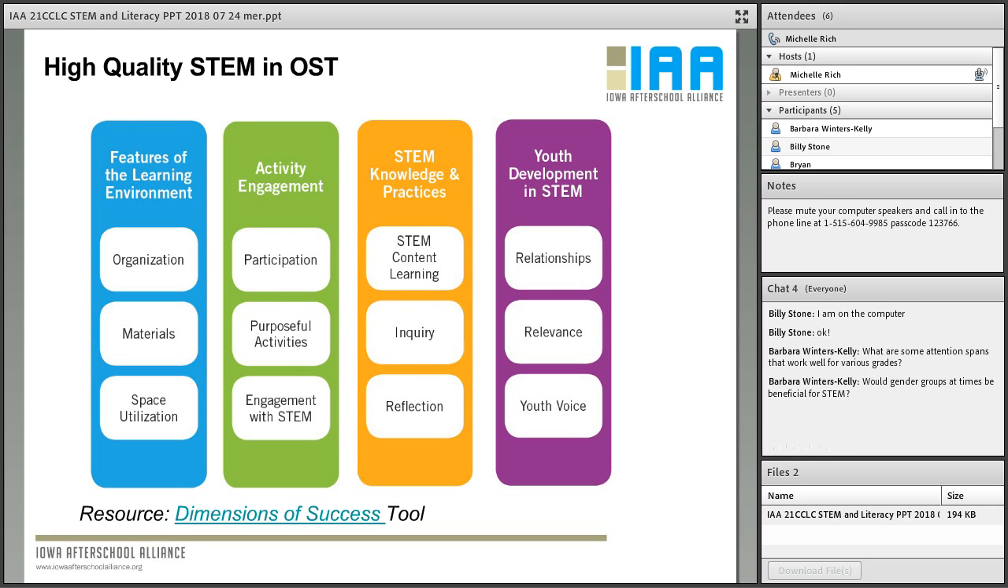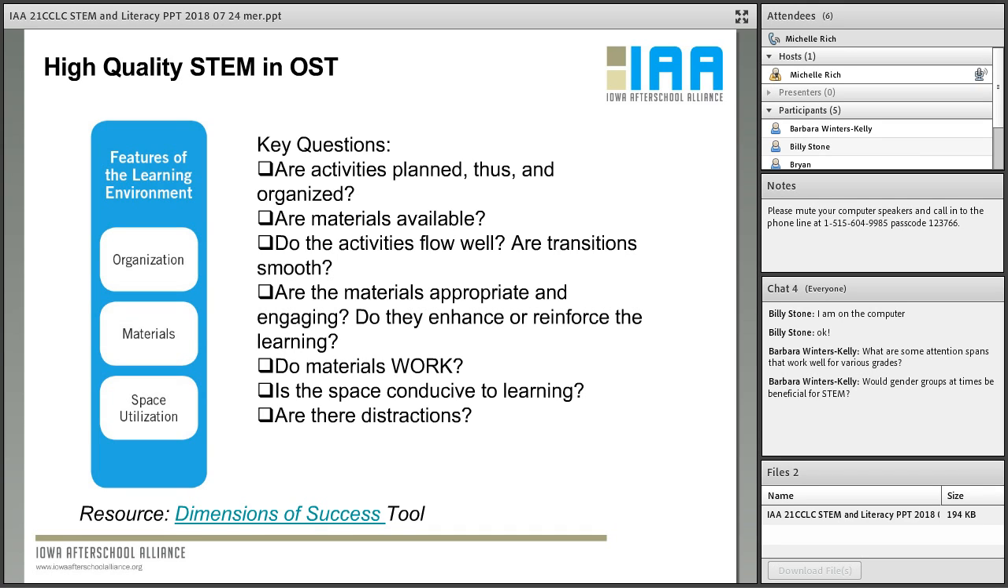Barb had some questions related to the other domain, features of the learning environment. She asks, what are some attention spans that work well for various grades? And then would gender groups at times be beneficial for STEM? I think, I'm